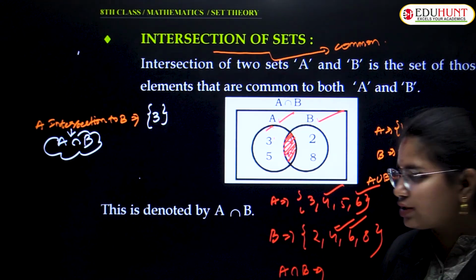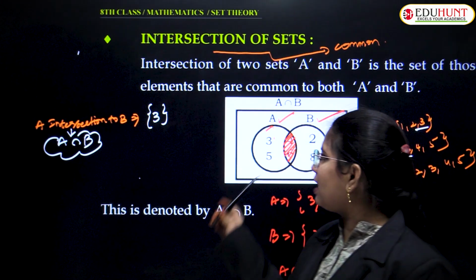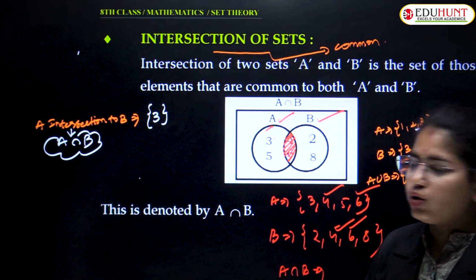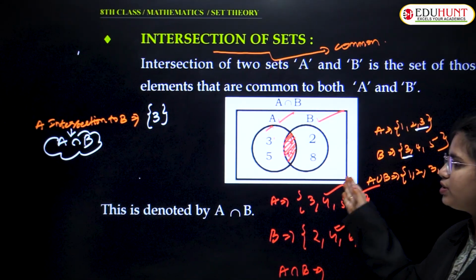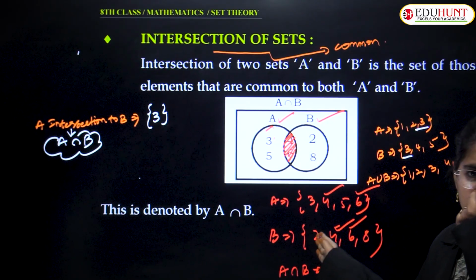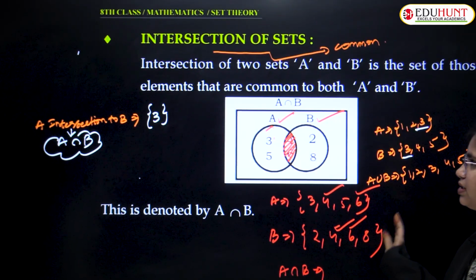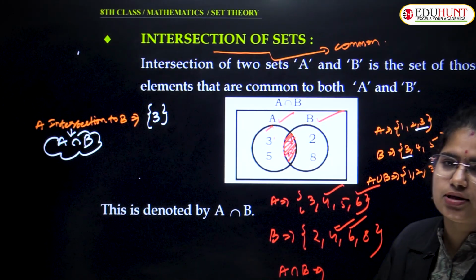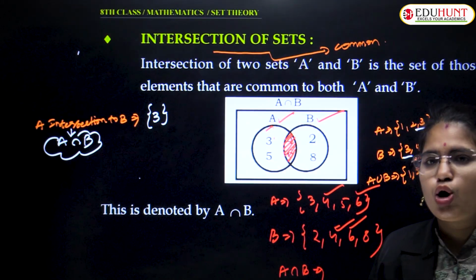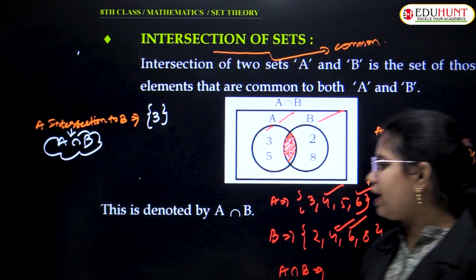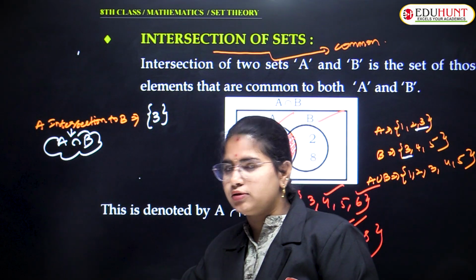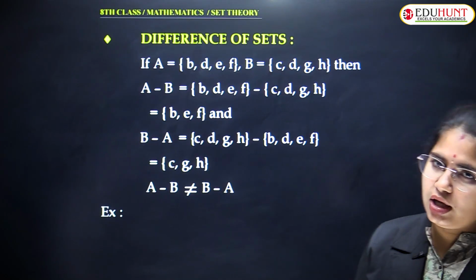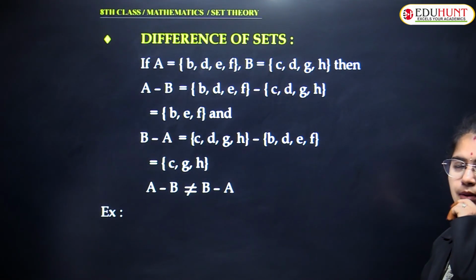Can I get back to the next one? Yeah. So please take notes of this. Please take a screenshot of this. With the example part, also note down the example of A intersection B. Please write down definition, diagram, notation, example. This is the order in which you need to put it. Okay, so can I get back to the next one? Take a screenshot of this. I'll check your notes. If you have any doubts, please put them in the comment section.